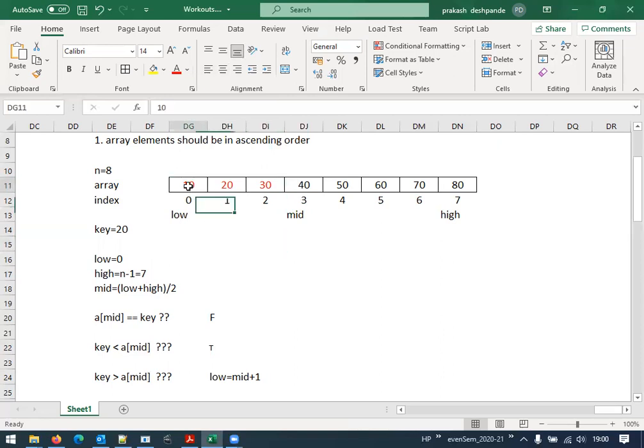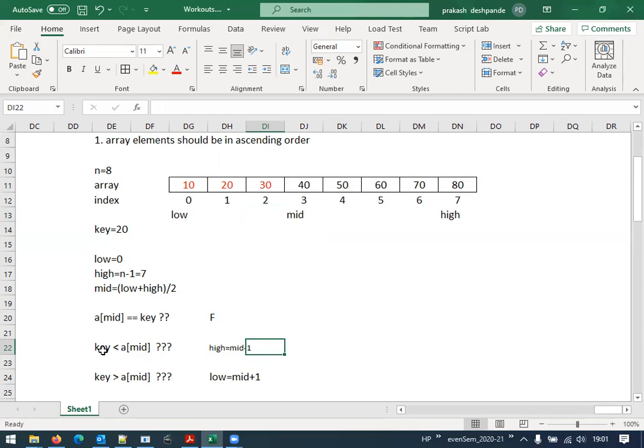Now, if you carefully observe here, with respect to the index values, among these 3 values we know the low value. What we don't know is the high value. How can I get the high value? High value is nothing but 1 before the mid. So in this case, we need to calculate the high value. High is going to be mid minus 1, when this condition returns true.